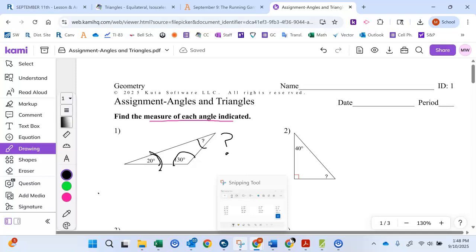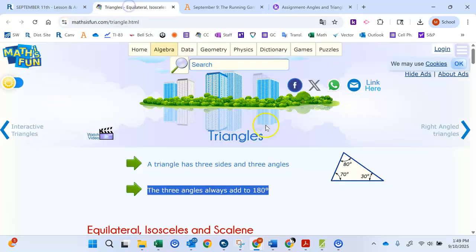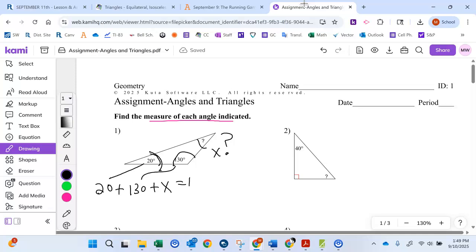So it's very easy. All we have to do is we have to go 20 plus 130, all right? 20 plus 130 plus, instead of question mark, I'm going to put an X, okay? So plus X, and what do we know? All the angles together, we found out over here, all the angles together add to 180, okay? So we can use that principle and make it equal 180. So you can try the math if you want, but basically here and here,